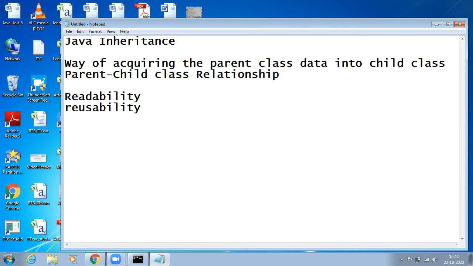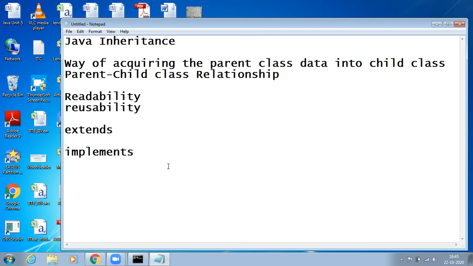Inheritance in Java can be implemented using a keyword called extends. Extends is a keyword which is used to extend one class with another class. I can also use the implements keyword, which is also used to acquire the parent class.